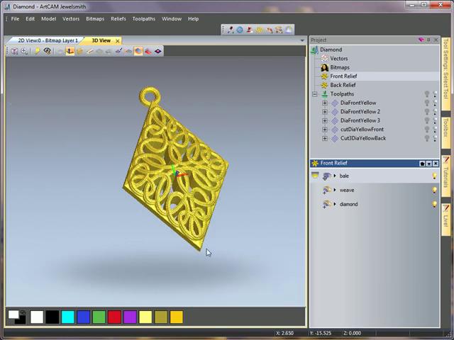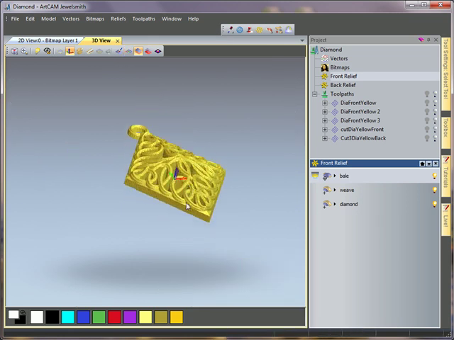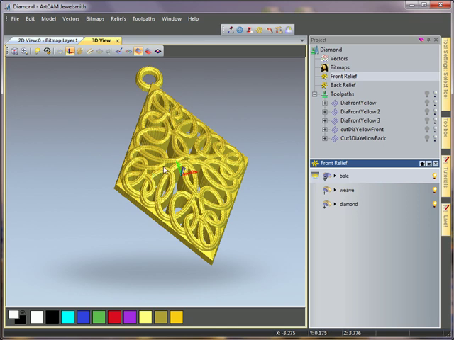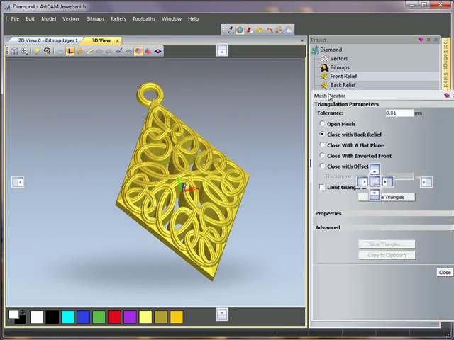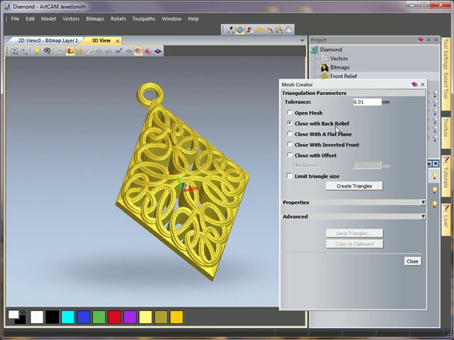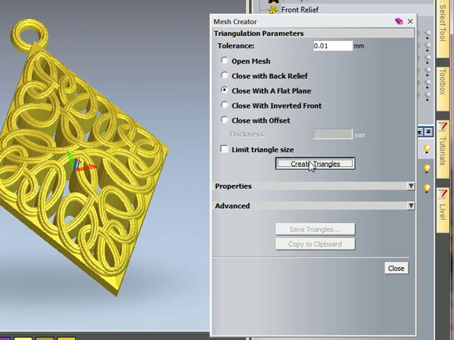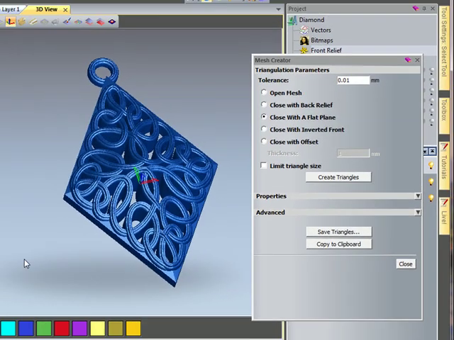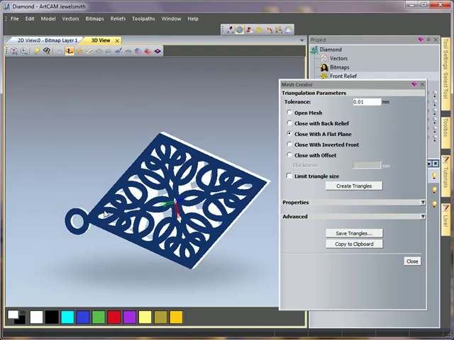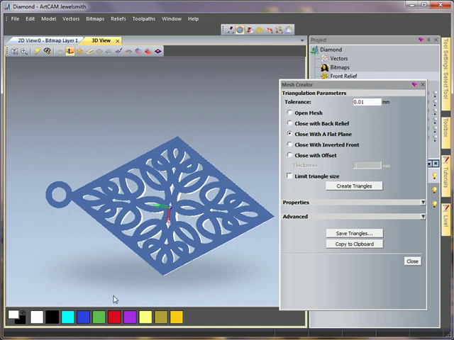Next thing we're ready to do is to save it out as our model. So to do this, we open our Mesh Creator tool, and then we're just going to close it with a flat plane. And when we turn it around to take a look at our design, we have a solid model ready to